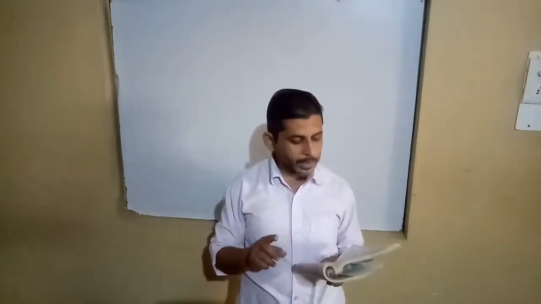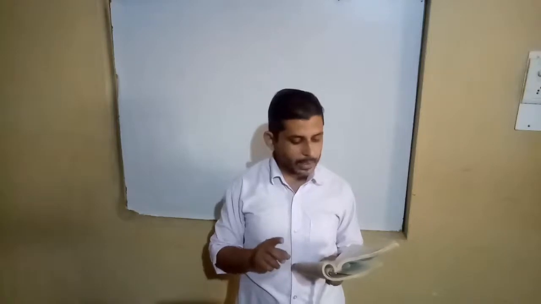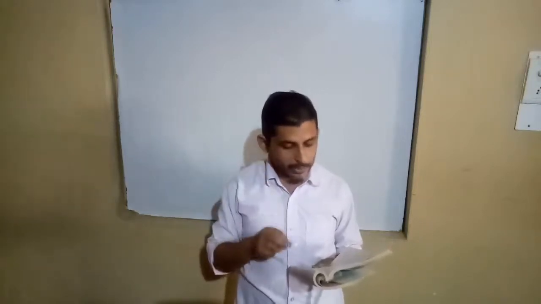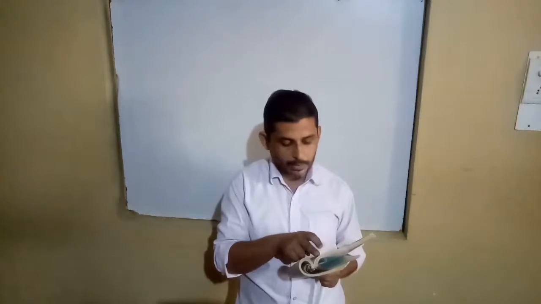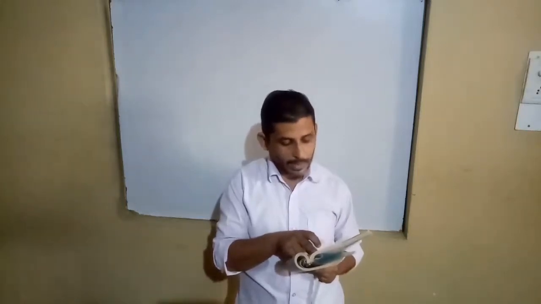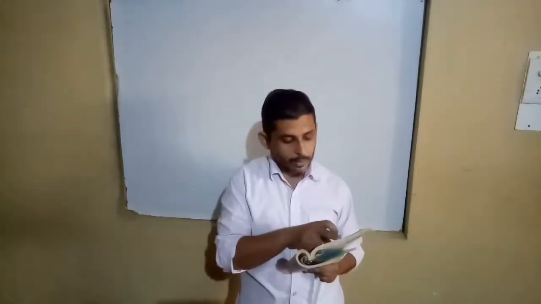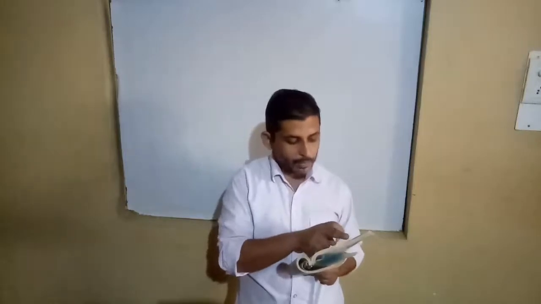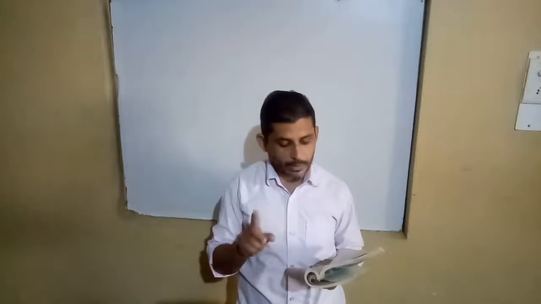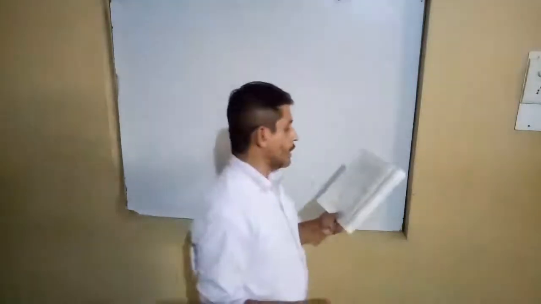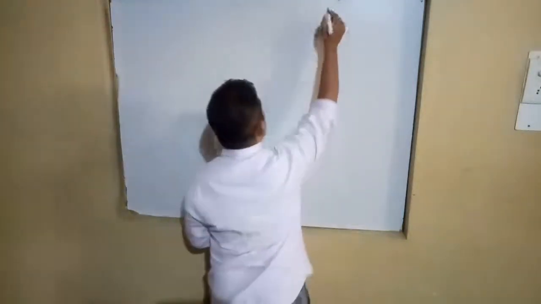Now the question number 4. Find the angle between the x-axis and the line joining the points (3, -1) and (4, -2). We have to find the angle between the x-axis and the line joining these two points. Once again, find the angle between the x-axis and the line joining the points (3, -1) and (4, -2). So first we plot